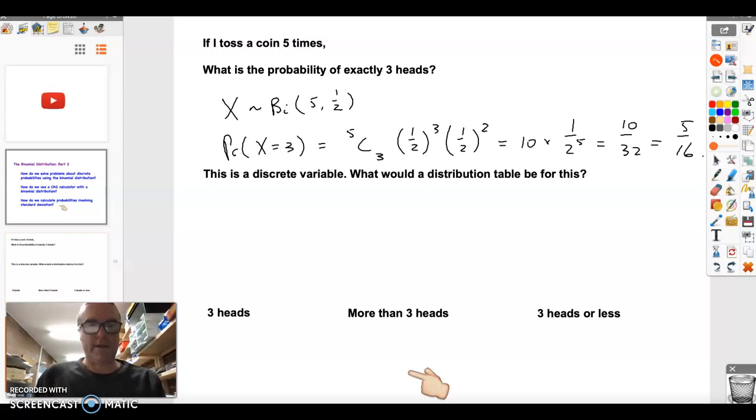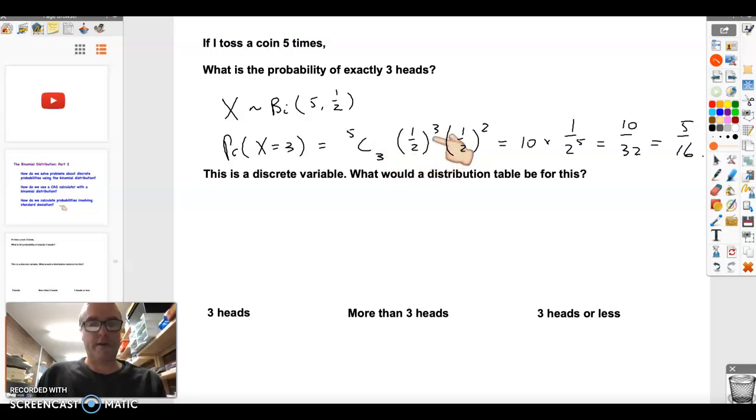So here I've calculated the probability of exactly 3 heads when I toss a coin 5 times. I think it's a good idea to always start by defining the variable, particularly if you recognise the distribution. So I'm using the variable x, I'm recognising that it's binomial, defining it with its values of n and its value of p. We're looking at the probability that we get exactly 3 heads, and so I'm using the formula that we went through in part 1. Our coefficient, nCx, or using 5C3 in this particular case,